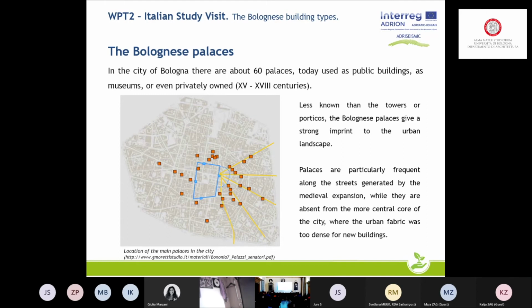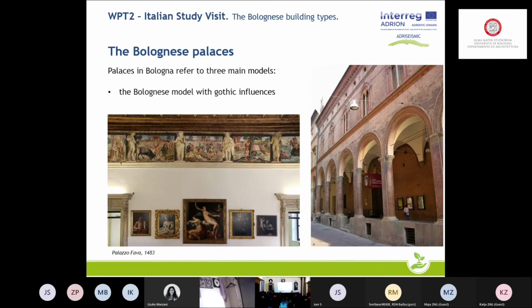They are mainly located in the expansion area we were talking about in the medieval time, and not in the Roman core, let's say, because here the fabric was too dense and it was not possible to build these huge buildings, because many times they are very big. In Bologna, palaces refer to three main models. The Bolognese one, with gothic influences,